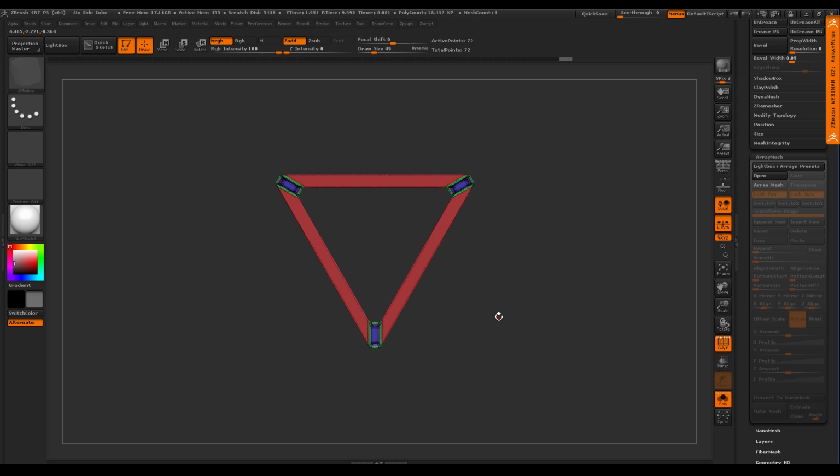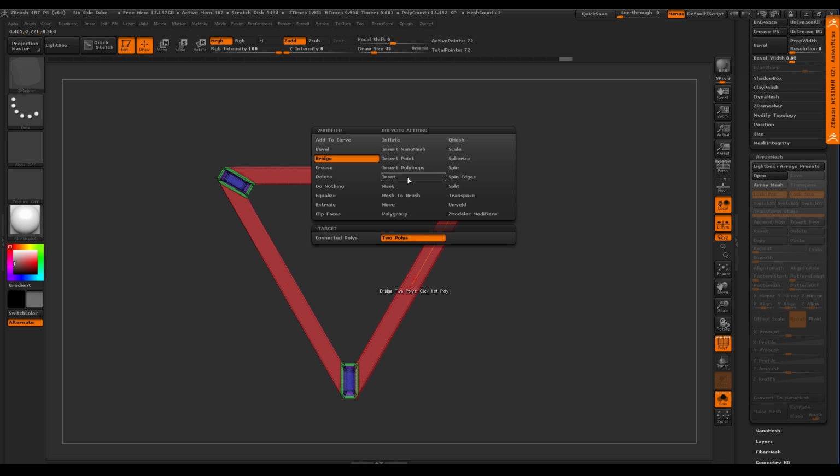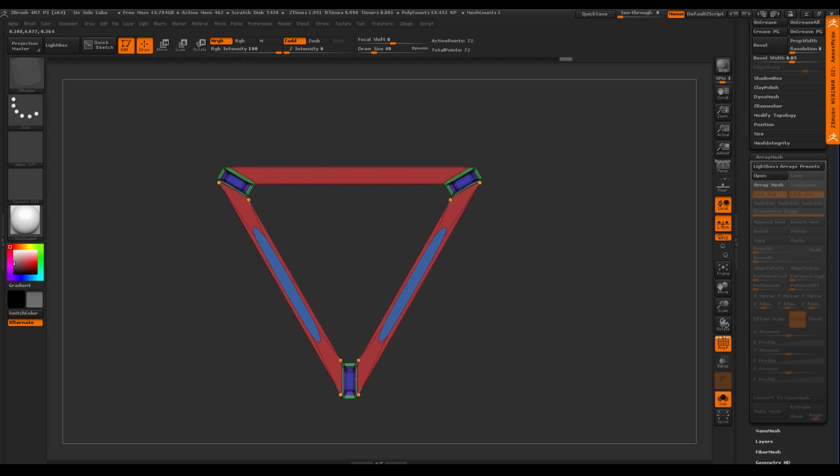I'm not done though. I want to now say, hey, I kind of want to play inside here, right? So we're back to this thing again with symmetry. If I went back to our little handy dandy inset and I inset here, it's insetting here, but not up here. So here's what I did. I wanted to split these in half.